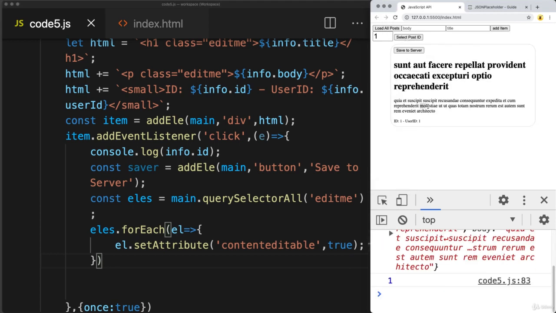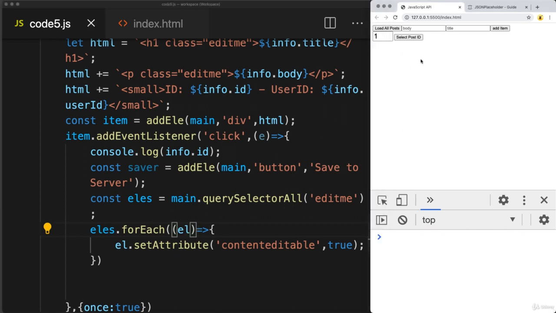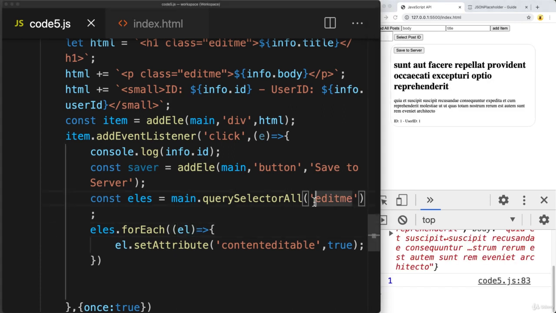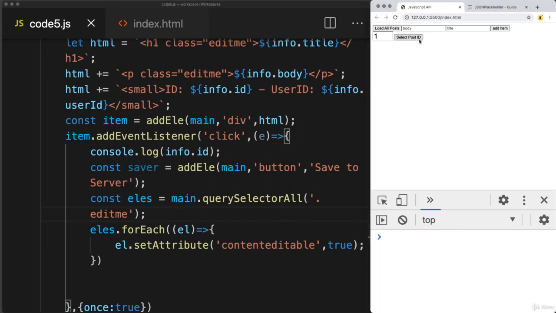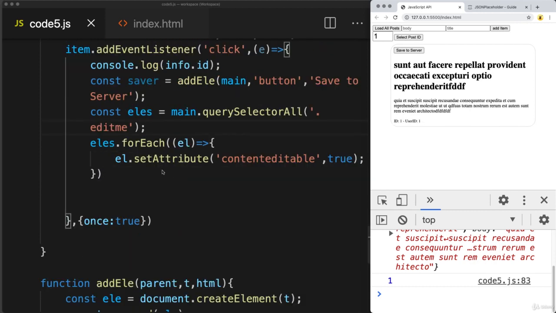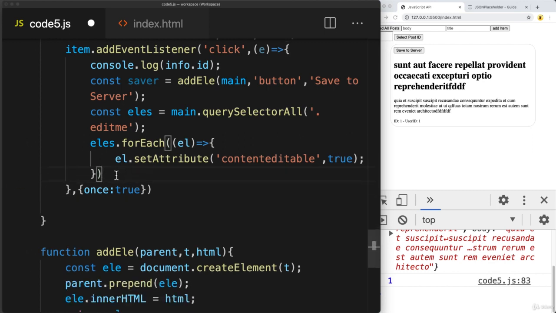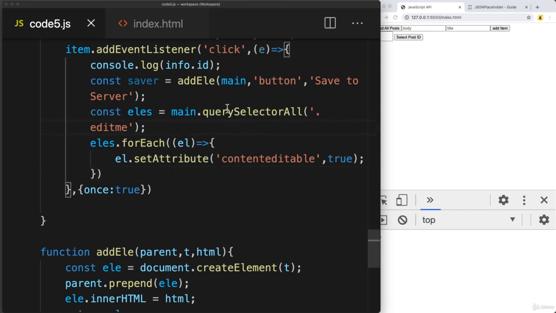So this is editable. And actually, let me update that. And this is actually looking for a class. That's why it wasn't working. So now we can select this, we can select that, and then we've got an option to save to the server. So we can't update the ID, we can't make any other changes. So once we do a save to the server, once we click that button, and for the save to the server,